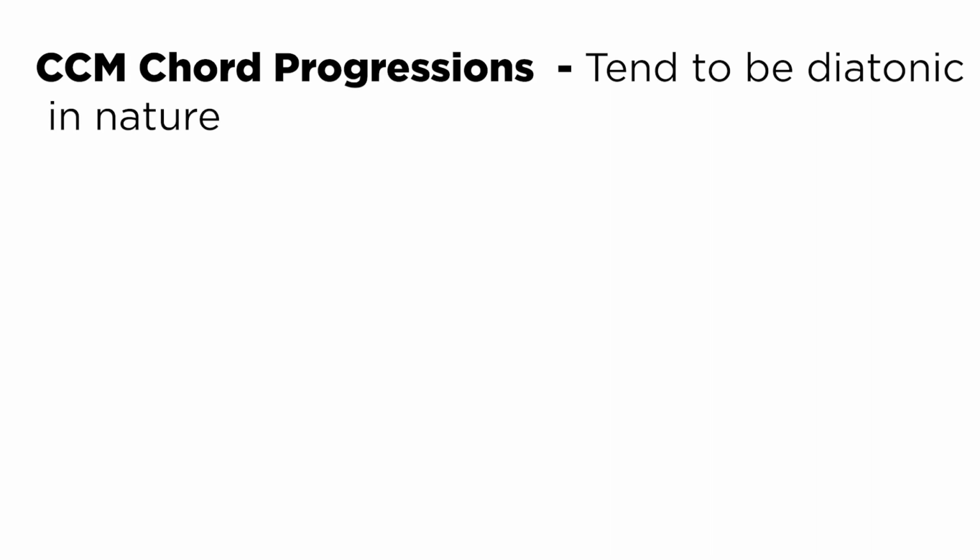Now, with CCM, our contemporary Christian music, the chord progressions are mostly diatonic in nature. So this style of music is probably truest to a key's tonal center. Tonal center meaning that if the key is notated as C, you're going to be playing C as major, D as minor, F as major, G as major, A as minor, B as diminished, and so on and so forth. I may have missed E, so E minor, because there's nothing crazy going on, especially in a simpler key like C. And you can learn to play like that using CCM.